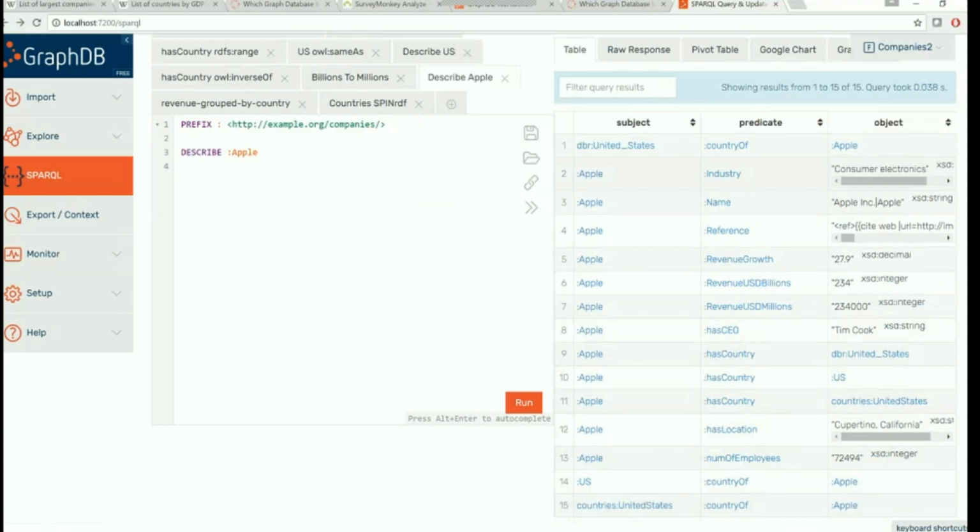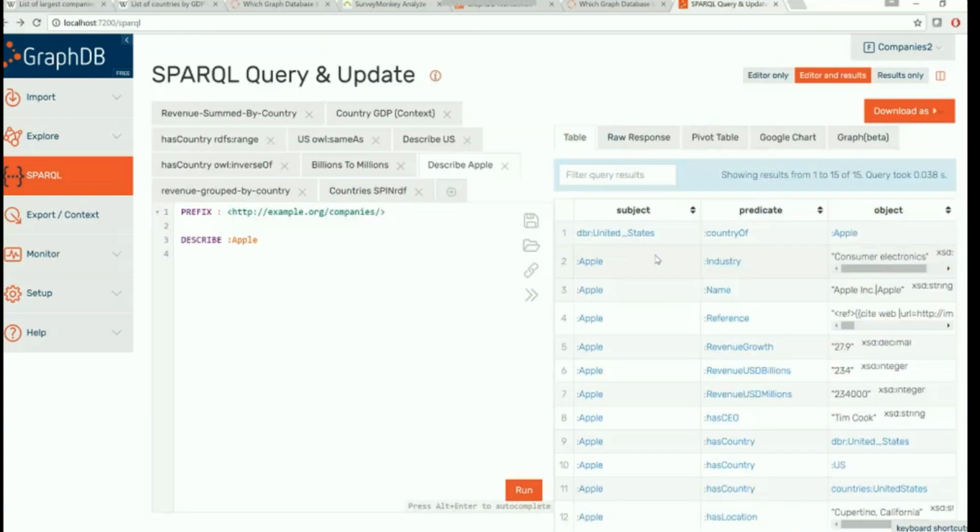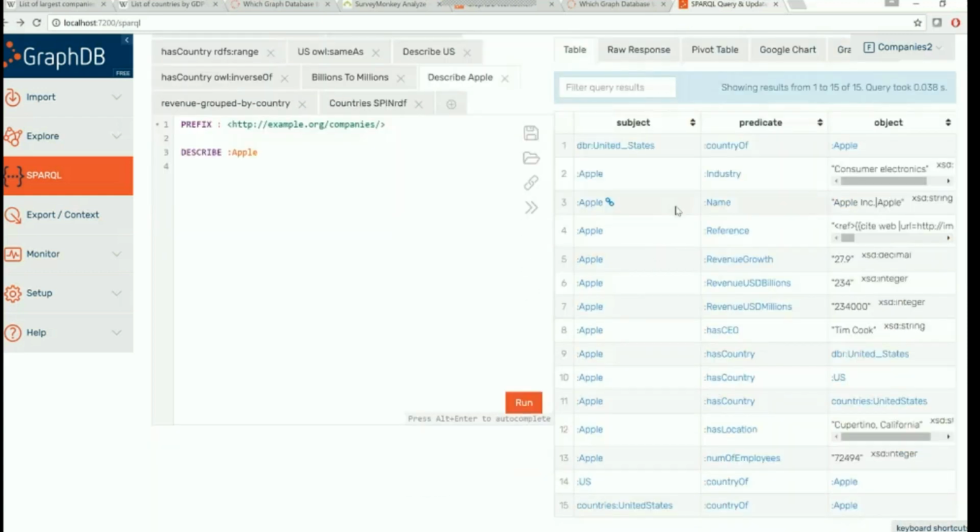Another thing that you might notice is that although we never explicitly specified that the Depleted entry for the United States is the country of Apple, since we already have the links between the Depleted entry and our local entry for the United States, it already infers that